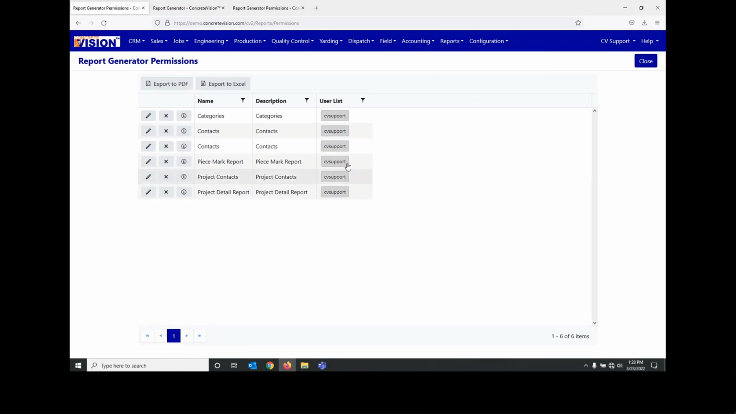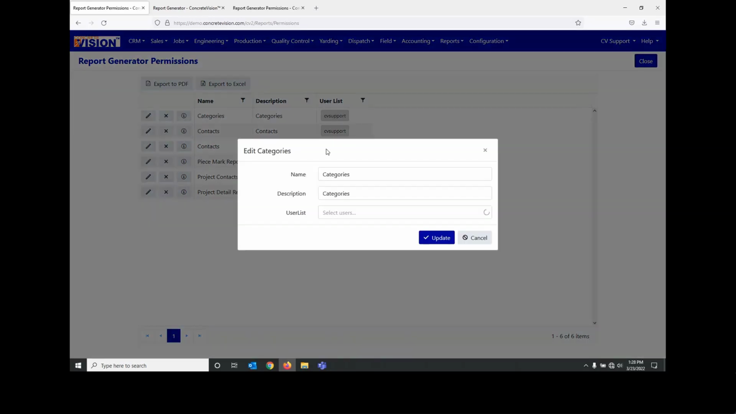And all your reports are there, and the people that have access to that report are displayed in this little box in the user list. And to add new users, you click the pencil icon, and any users that are available to you would show up in this list. I unfortunately don't have any users available to me to pick from, but you just start typing, and any user that